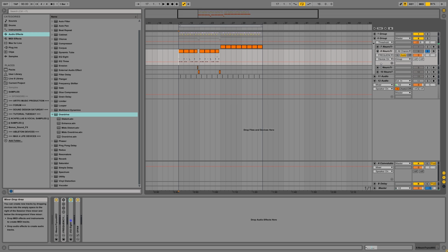Without the frequency splitter, the bass track will sound like this. And the bass sounds pretty good, and it definitely has that tone that we hear in the final project, but